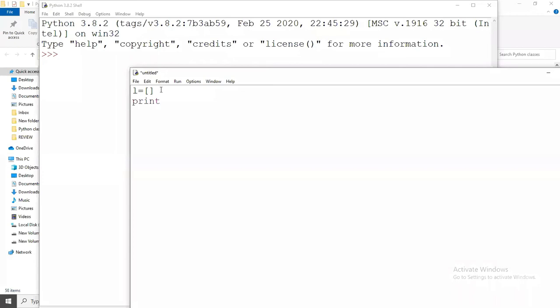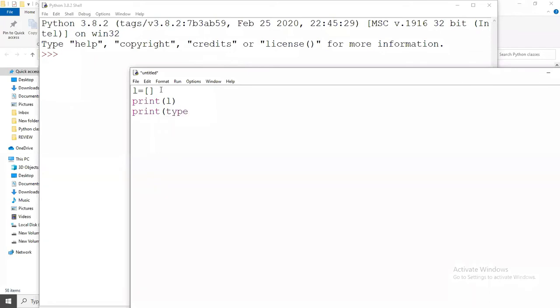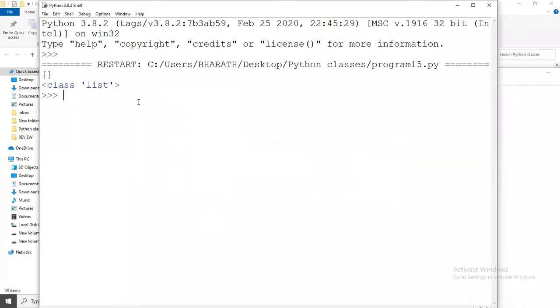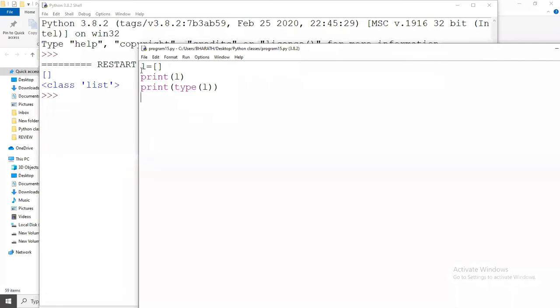Now I am going to print the list: print L, and print type of L. This is the empty list. If you observe, I initialized L with square brackets only. If I print L, it prints the empty list. What is the type of L? It is list.